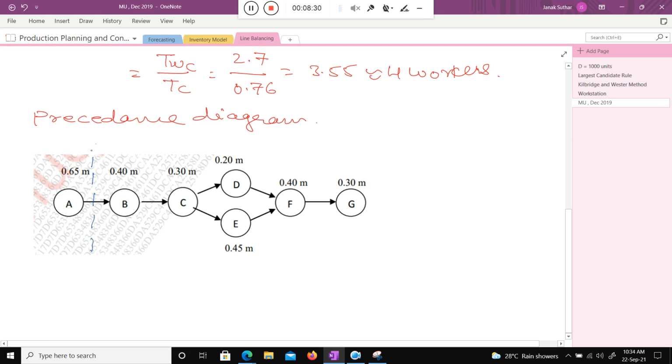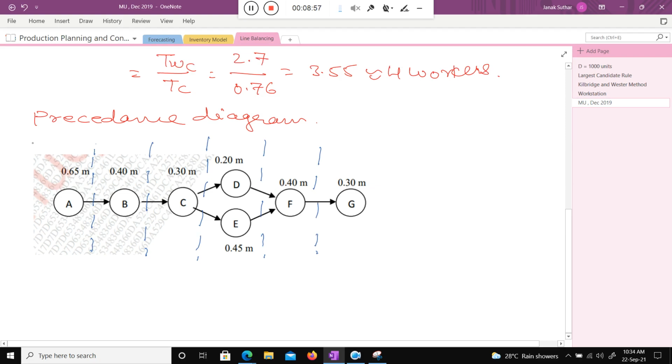Draw the vertical line. So this is line 1, this is column 2, this is column 3, column 4 and 5. Okay, so now I divided the entire precedence diagram into columns.